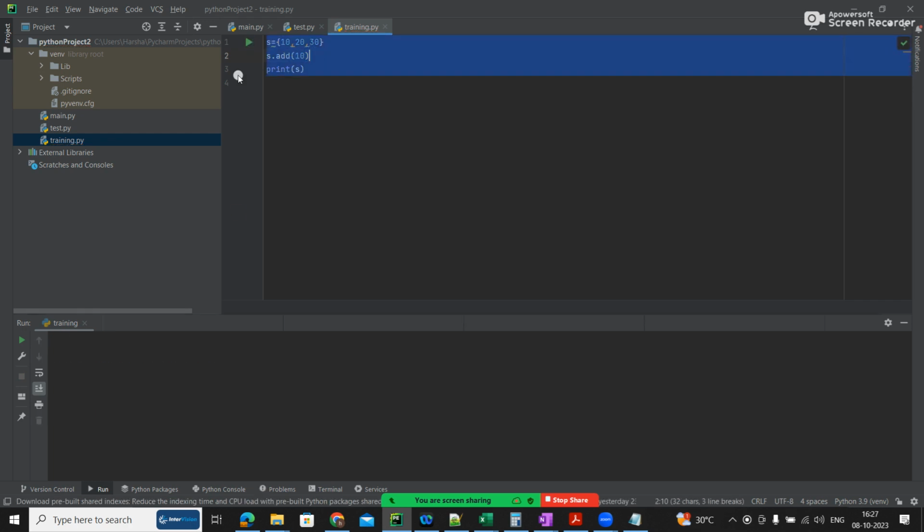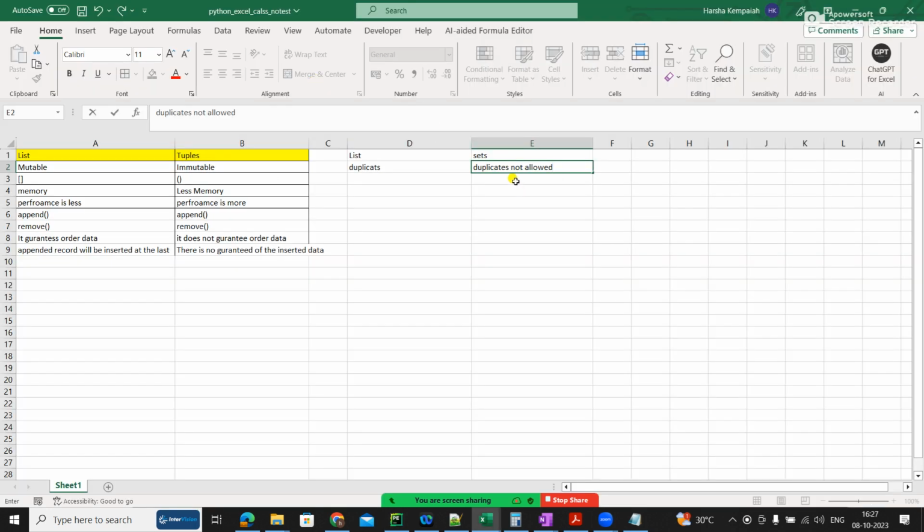All these things you can test by yourself. Duplicates are not allowed, that's correct. In the interview, they will ask, do sets allow duplicates? So know this. Lists: order is preserved. Sets: order is not preserved.